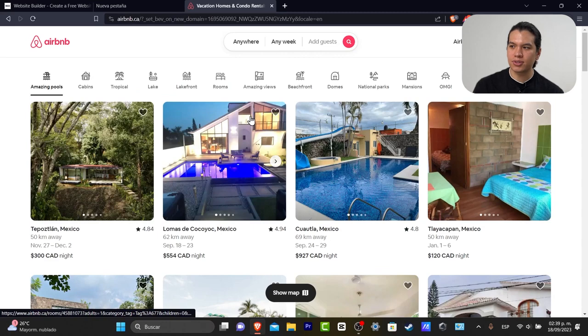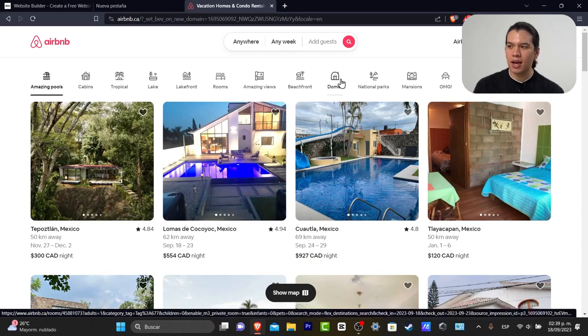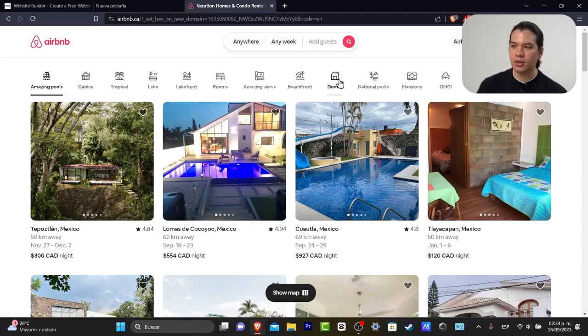So first of all, let's move on to our computer. Now, as you can see here, I'm in the Airbnb section. And this is the very first thing that you see once you are here on Airbnb. You can see that there are a lot of inquiries, a lot of properties that you can get started with for rent. This totally depends on where you're actually located. So in order to get started, let's click on this link on the upper side and let's go for sign